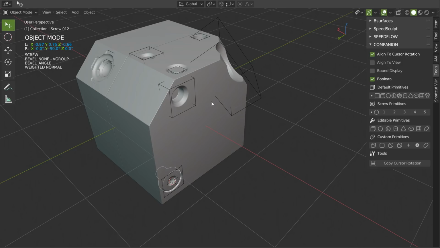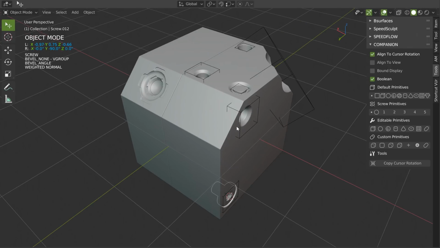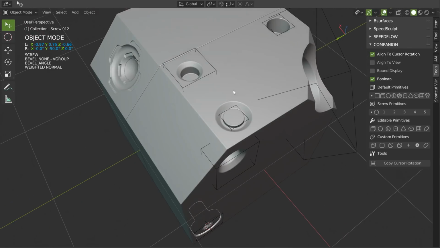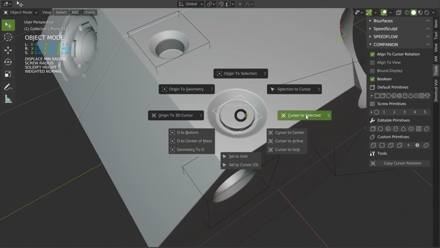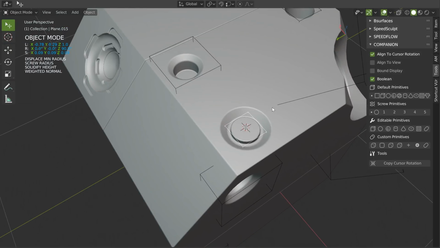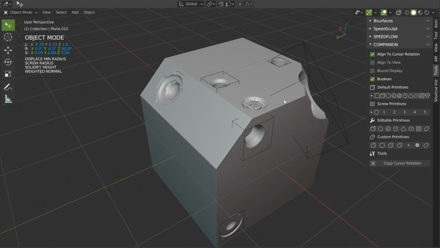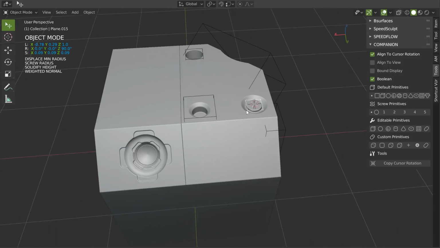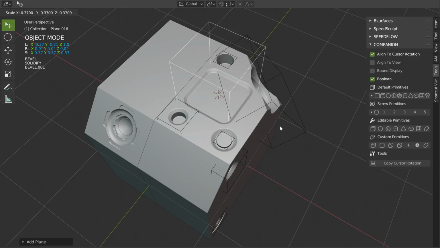Fluent and SpeedFlow work really nice together, and this is a really nice combo, because SpeedFlow has a lot of possibilities to edit the object, even to create. But to create with Fluent, you will have directly here; you need to press Shift S, cursor to selected, and with Fluent you don't need that. And just for this, the grid, for me this is really nice. Both add-ons work really nice together, so don't hesitate to use both and to play with the options.